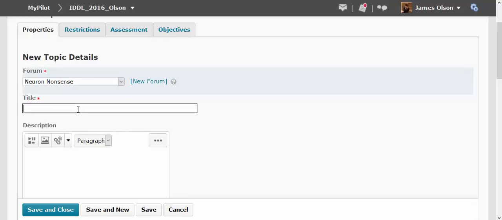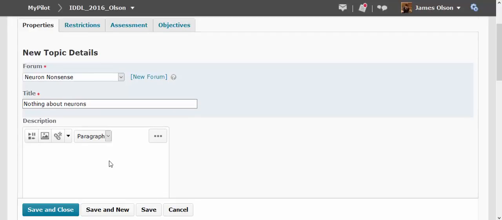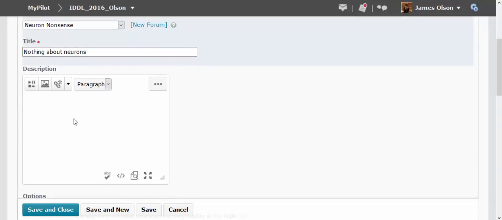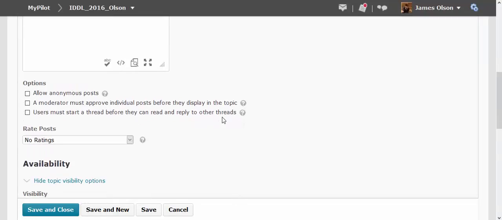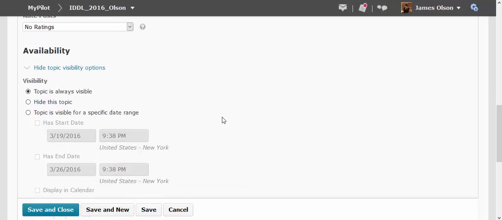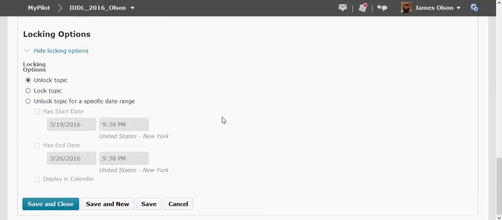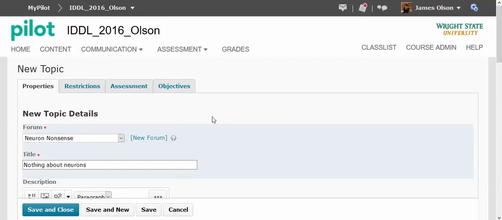And the topic is Nothing About Neurons. Again, we have a chance to put in a more narrative description with the HTML editor and provide a variety of options, including whether it's anonymous and when it's available and when it's visible. So we'll scroll back up again to our Neuron Nonsense forum. The title would be Nothing About Neurons, and we'll save and close that dialog window